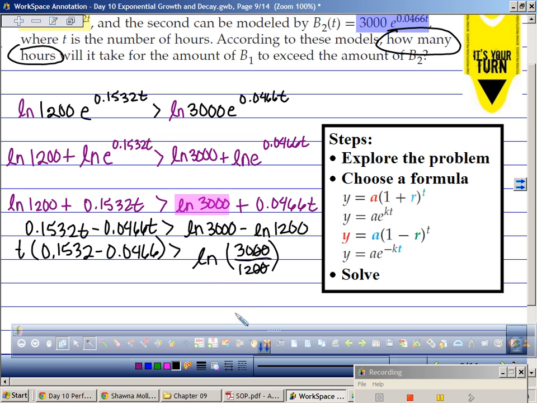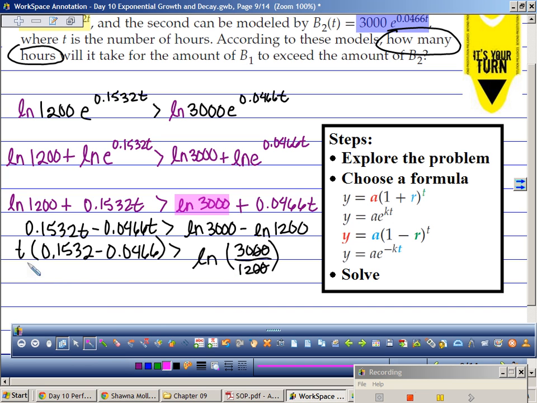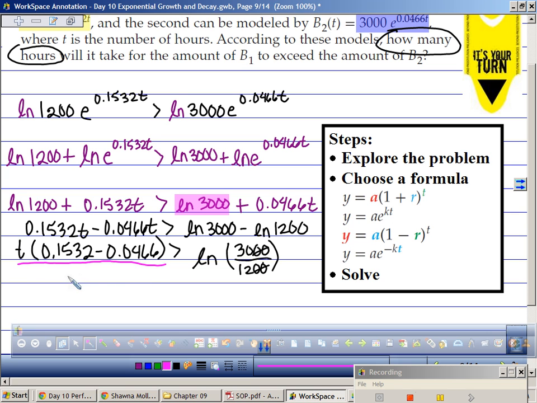Now what? Divide both sides. What is 0.1532 minus 0.0466? 0.1066? So all of this divided by